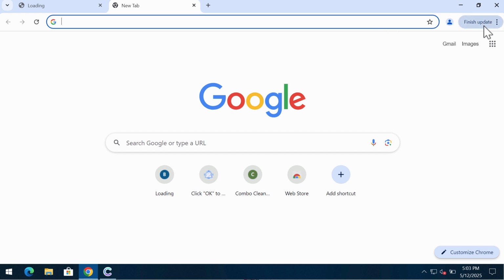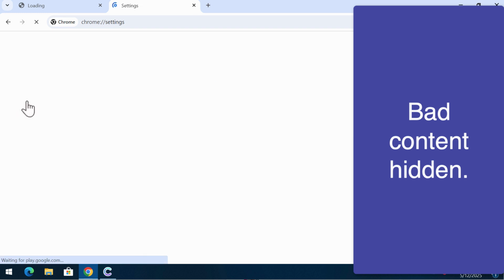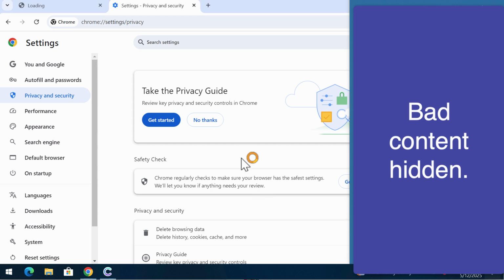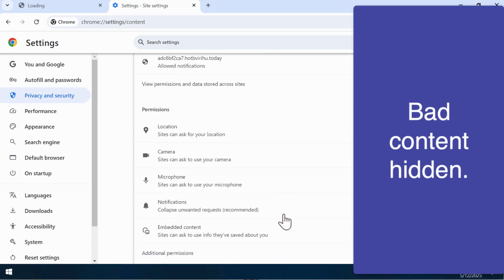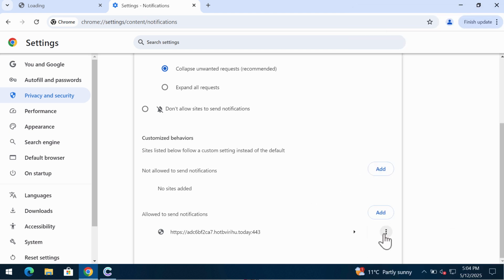filthy ads. To stop these ads, access the menu Settings, Privacy and Security. Then you need to go down to Site Settings when you finally find it. So Site Settings, Permissions, Notifications, and you now need to get rid of all the junk sites if you find